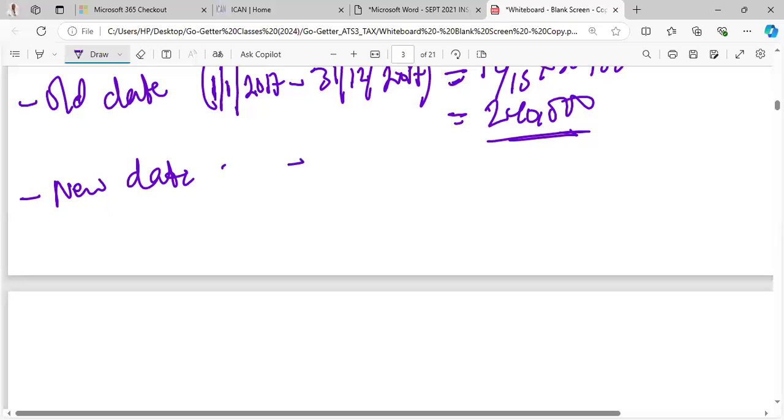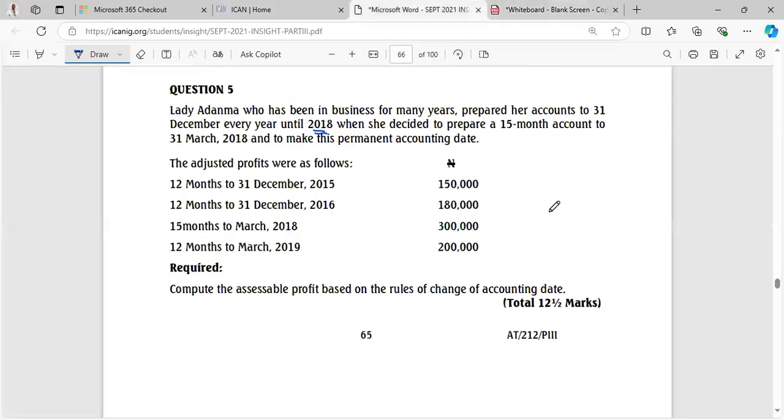Since it is 2018, it is going to end on March 31st, 2017, so it must have started from April 1, 2016. So where can we see April 1, 2016? It happened to be here, where this 180 is. So we have our April 1, 2016 from here. From April to December is